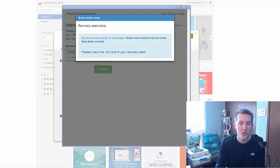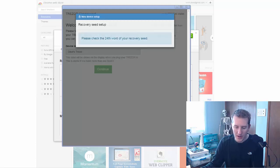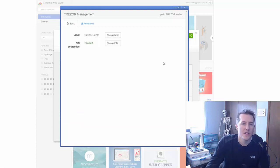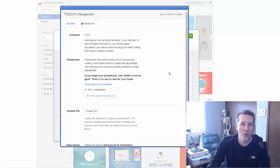Now it's asking me to check that what I wrote down matches what's on the screen. Yep, I went through and they all look right. I hit finish, and it pops up saying Dave's Trezor on here, and it brings me to the Trezor management screen. And something real quick that I wanted to point out was you can add a passphrase encryption to the